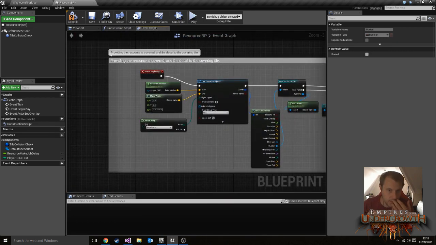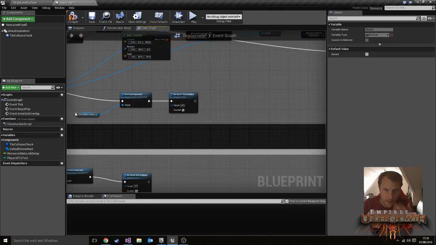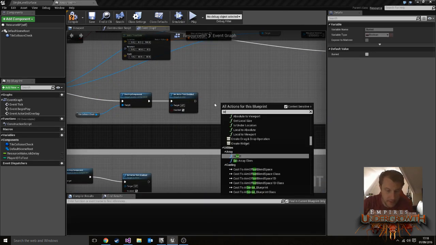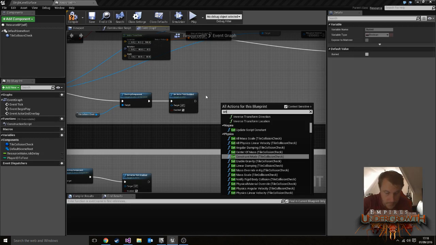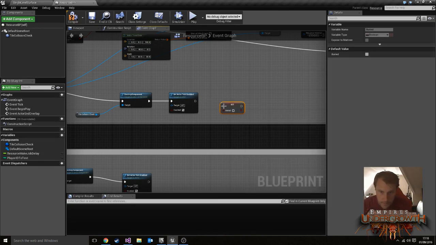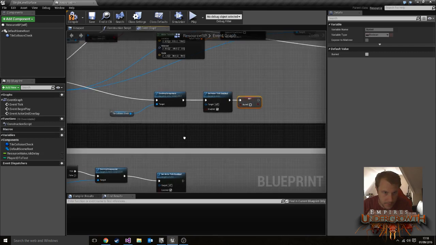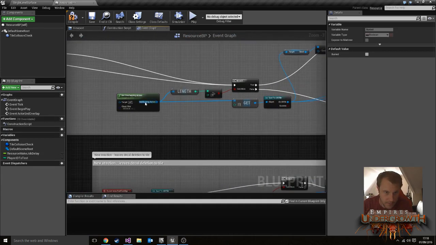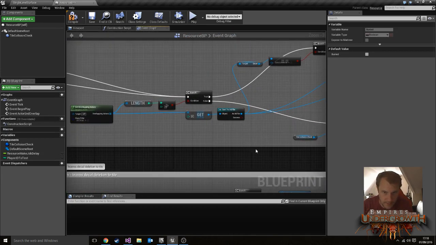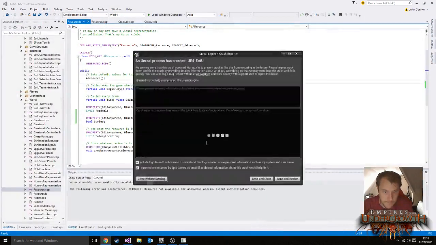So yeah, that's on begin play. And what I'll do is I'll also set it here to be false, because this is under the case where it's not overlapping a well,